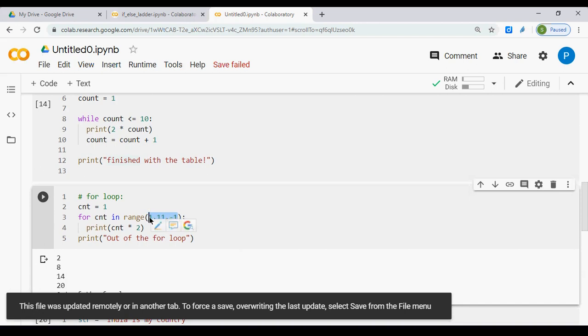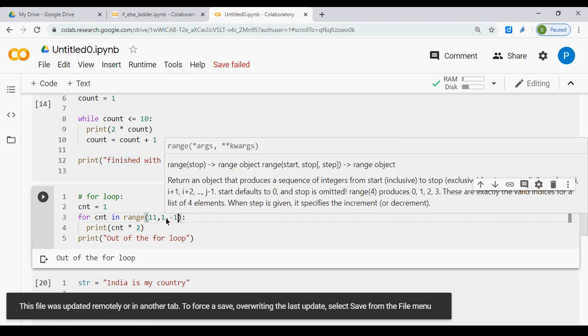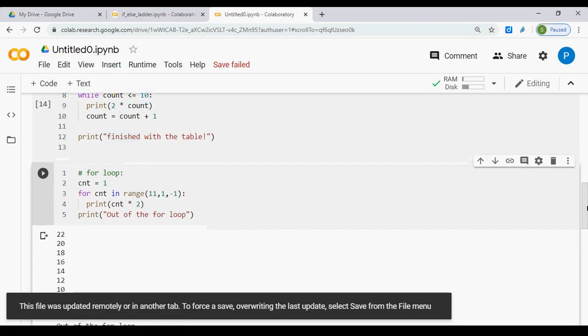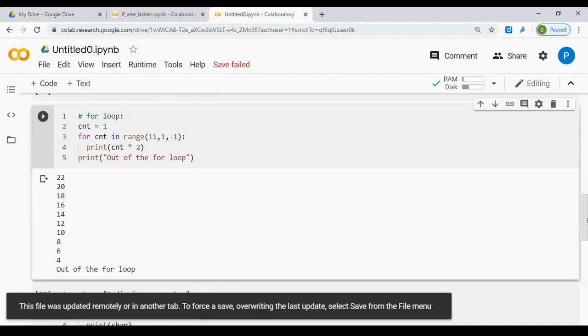So then, very first, I'll try with this only: 11, 1. Let me check whether I can get it. It is saying out of the for loop. Okay, can I say it like this? Right? But now, once again the same thing. First thing,